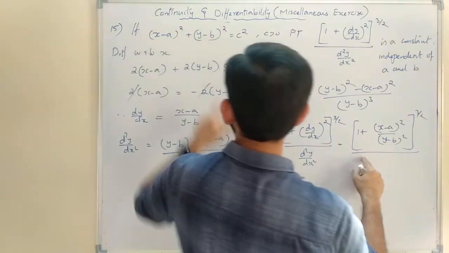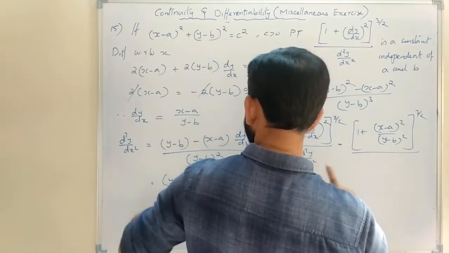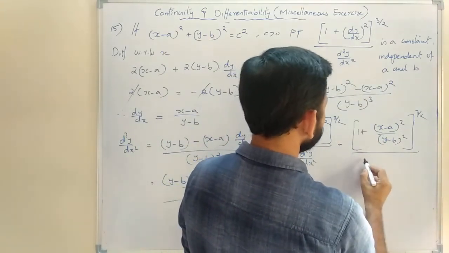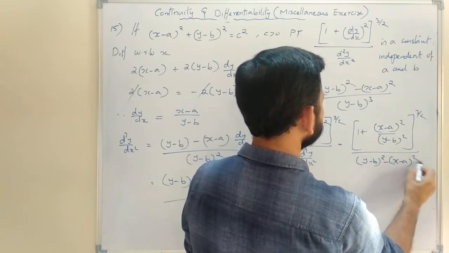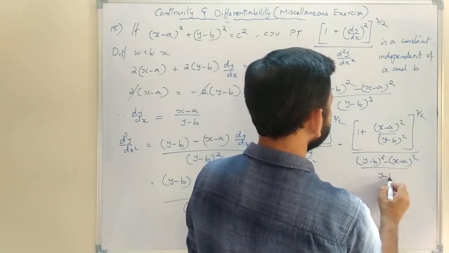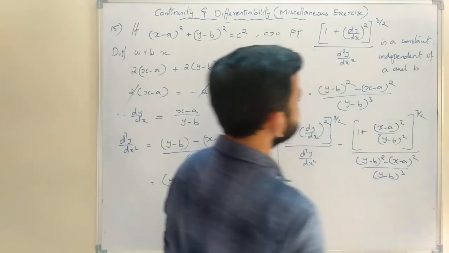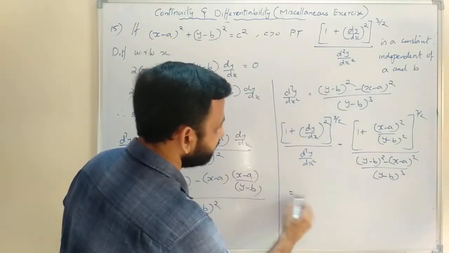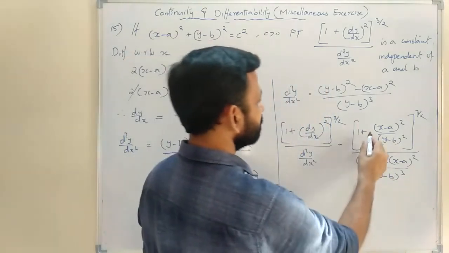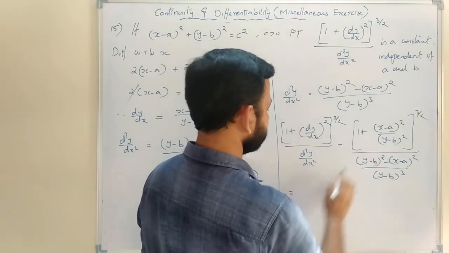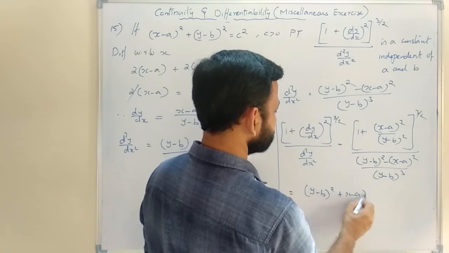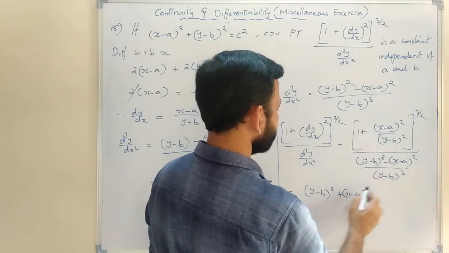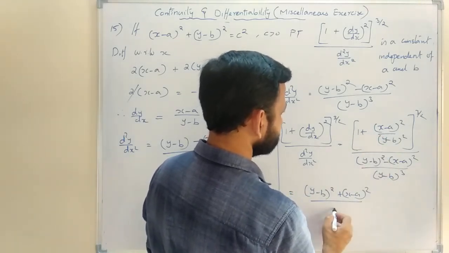Then d square y by dx square is this expression. So that is (y minus b) whole square minus (x minus a) whole square divided by (y minus b) raised to the power 3. Now we can combine, we can take LCM. So when we take LCM here, (y minus b) whole square plus (x minus a) whole square is the numerator, divided by